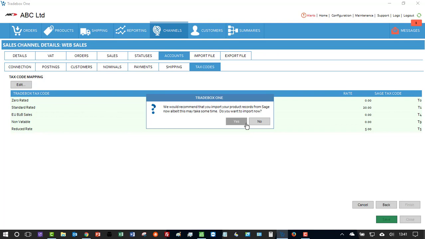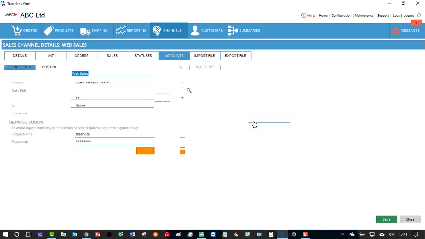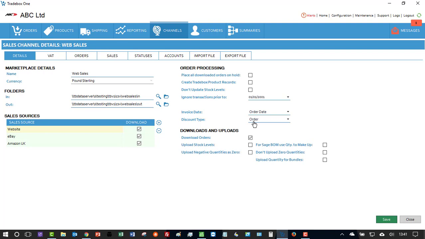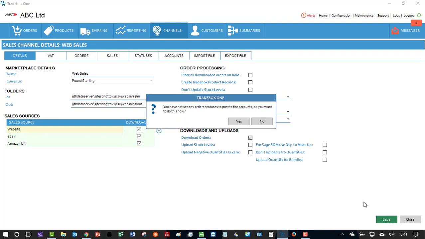Okay, just clicked finish, and it's asking me if I want to import my products. I don't, because I already have them set up in Sage, in Tradebox, sorry. If we're going to save,